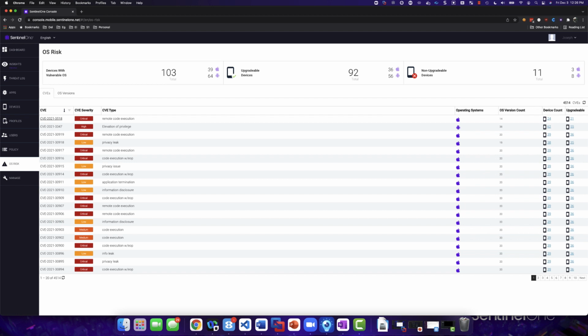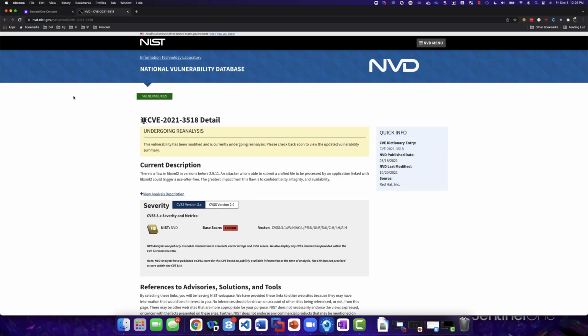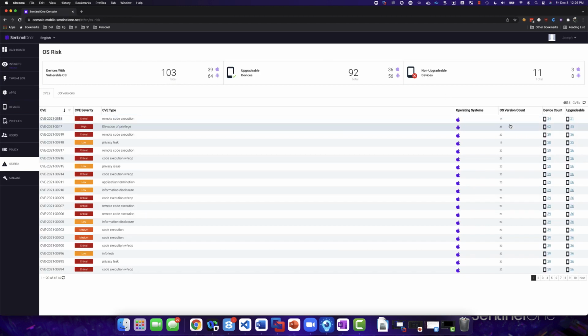We have two views that we can see here in the OS risk area of the management console. We have a CVE specific view, which is handy for looking for a specific vulnerability and determining your exposure. So we have a remote code execution, one of the worst types of CVEs, CVE 3518. We can click on it and review the specific NIST documentation. But more importantly, we can see that we have 24 devices, and of those 24 devices, 21 have an OS